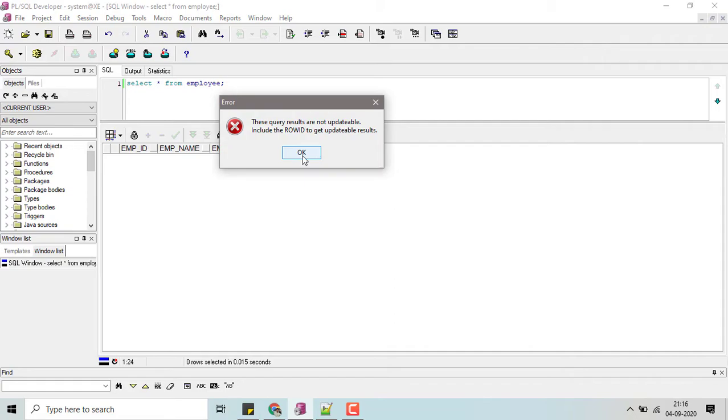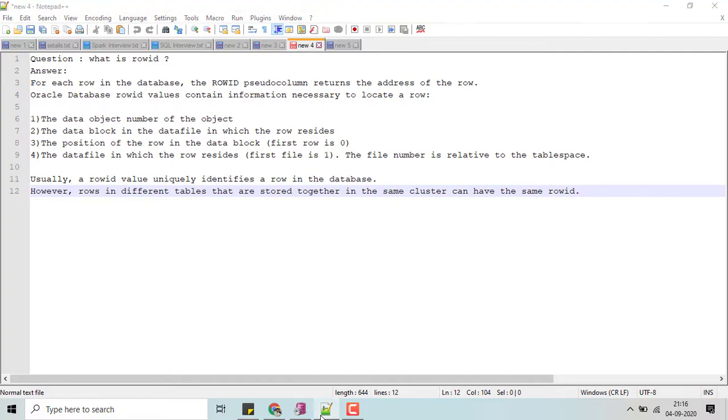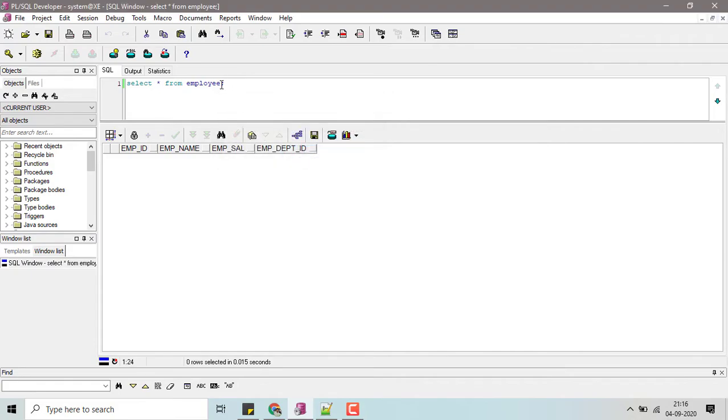ROWID is a pseudo column which is created at runtime by Oracle. So let's look at the definition. Here I will get the ROWID in the select columns. For that I create an alias for the table name, and after that I select e.rowid. Now I consider the ROWID column in the select statement. So now if I click on the lock icon, it will allow me to add a new record.